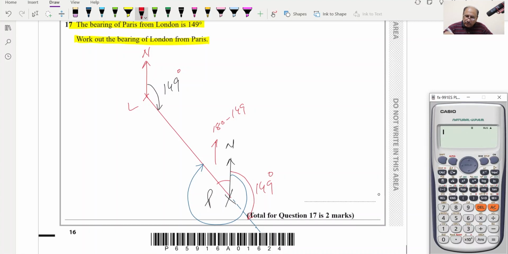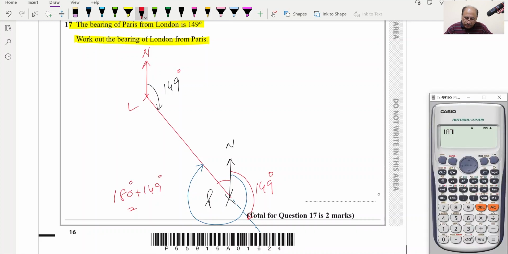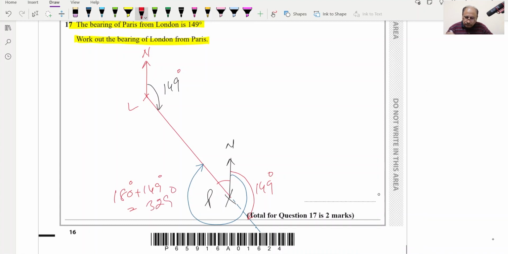Otherwise, what we can do, we can directly find this angle, and this angle will be 180 plus 149, which is equal to 329. And this will be the answer for this